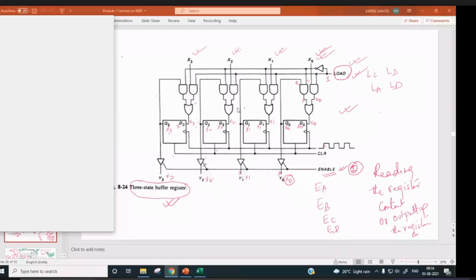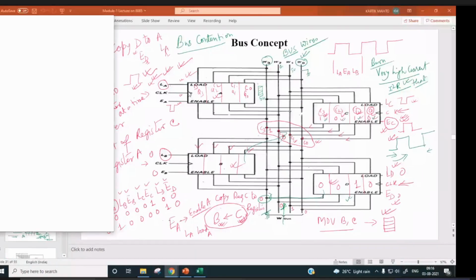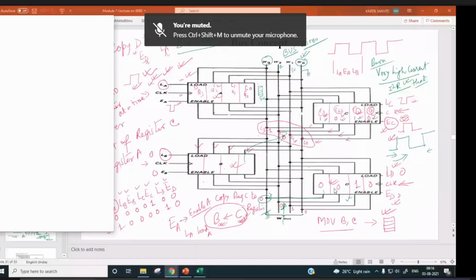So the next circuitry will be this one. This also we discussed, right? Suppose we have to transfer data from, say, register A to register D. Then we have to enable A and we have to make load D active. So data from register A will come out and it will be put onto this bus, and from the bus it will reach the D register. If we make this LD, the load control signal of the D register, active, then data will be loaded, right?